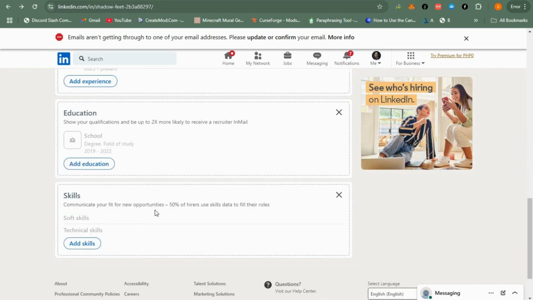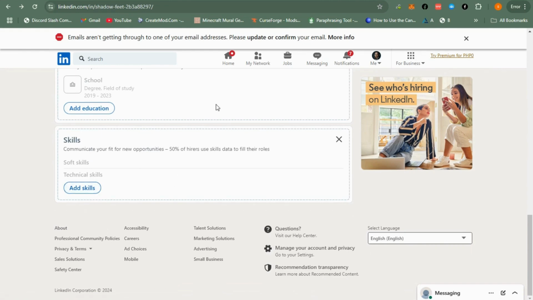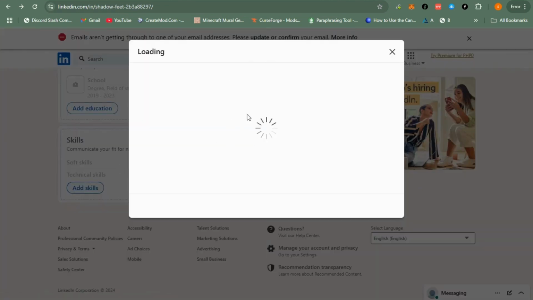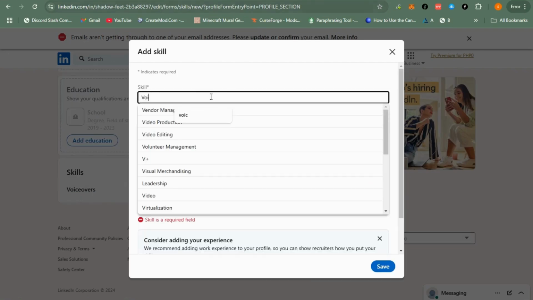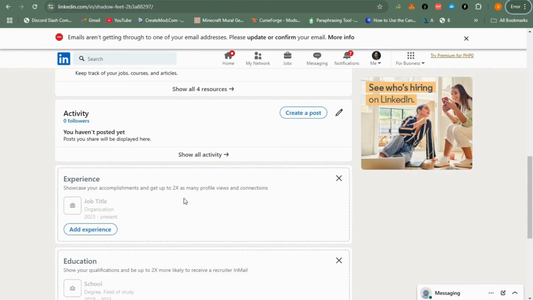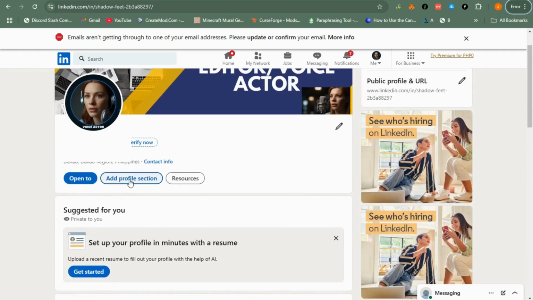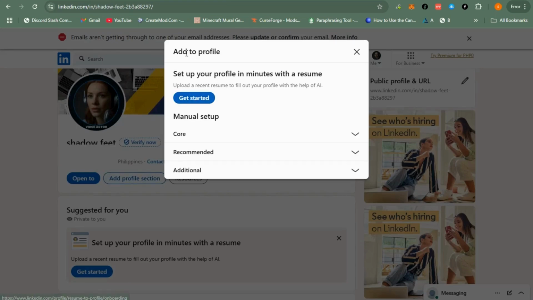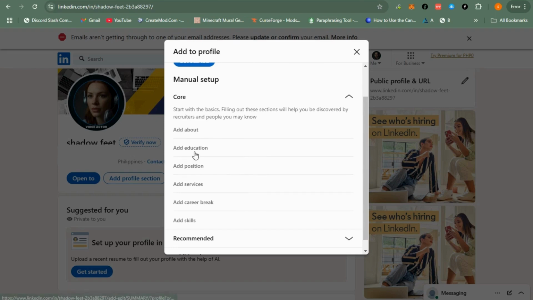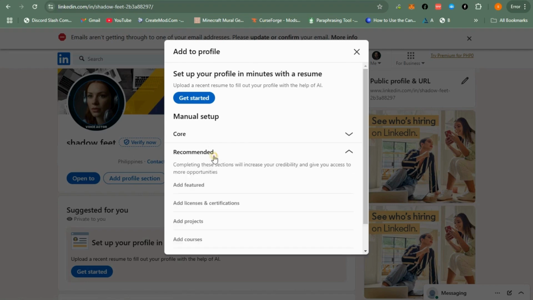To continue with promoting your skills and your profile, you just have to add more information and details to your LinkedIn profile. You can just add skills here. If you have tons of skills, you can add them here. Remember that enhancing your LinkedIn profile with additional information can significantly improve your visibility and appeal to potential employers or clients. So your summary should be detailed. Your skills section, make sure to list skills that are not only relevant to your current position, but also reflect